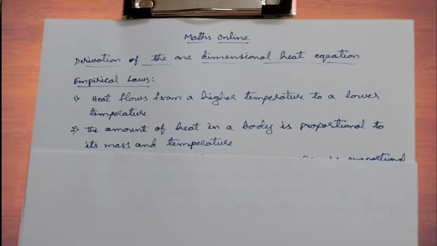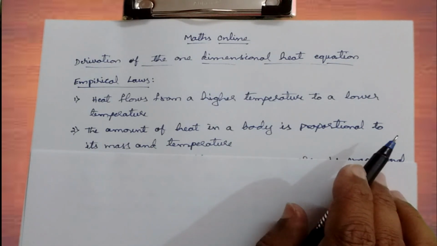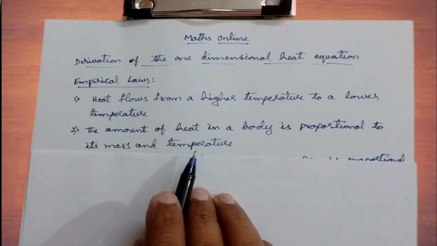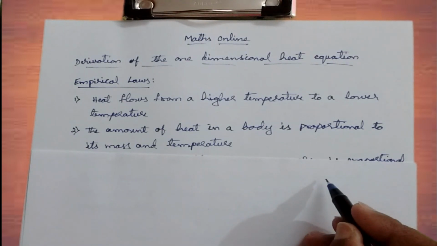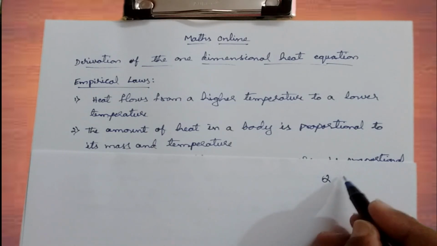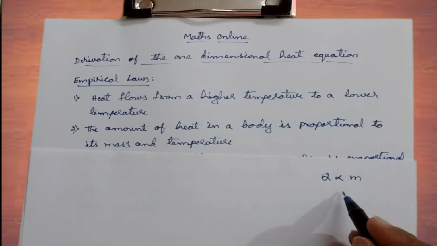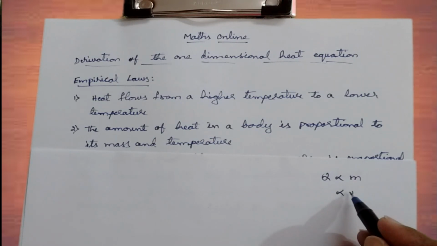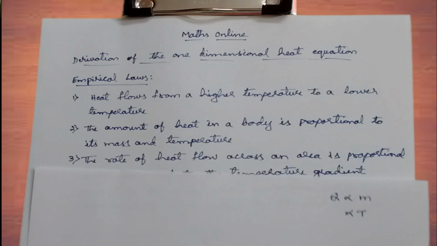The second law is the amount of heat in a body is proportional to its mass and temperature. Whenever you take the amount of heat, it is always proportional to the mass m, and it's always proportional to the temperature T. This law also you have studied. And coming to the third